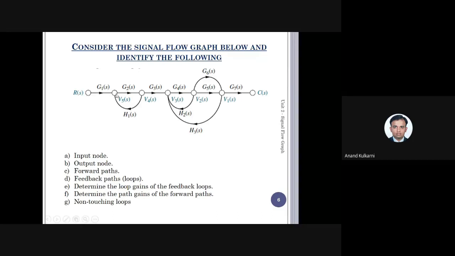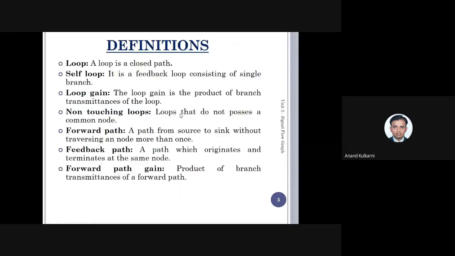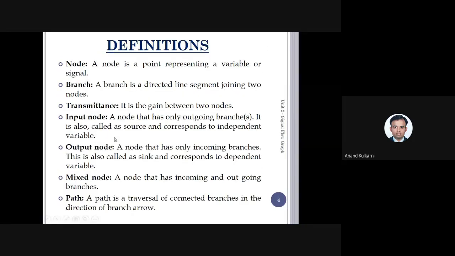Now just here, I cannot say this is the input node. Why? Because here there is some input which is coming. There is not only outgoing, there are also incoming. So here again they are outgoing, again incoming. For this, again, there are outgoing, there are incoming. So the node in which there are only outgoing signals, and no incoming signals, is called the input node. Remember, a node that has only outgoing branches, outgoing signals, is called the input node.